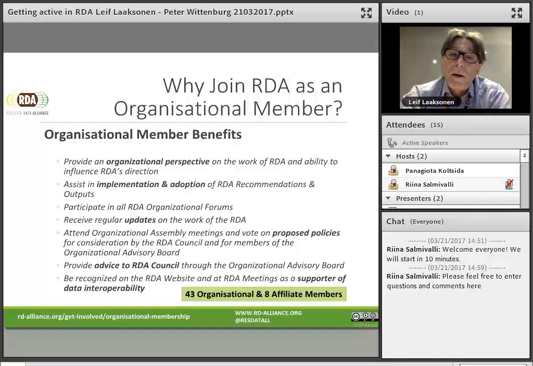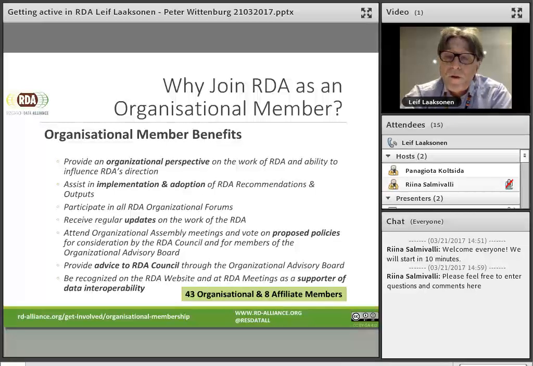You can get a bit more of the information which is coming out from RDA a bit earlier, perhaps, than those organizations that are not organizational members. So there are a few advantages. We don't currently have very many organizational members, but we have 43, I think, is the right number,